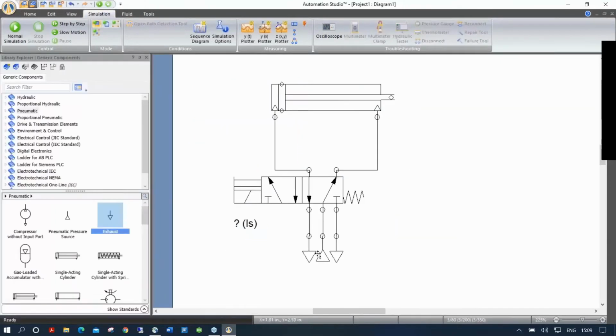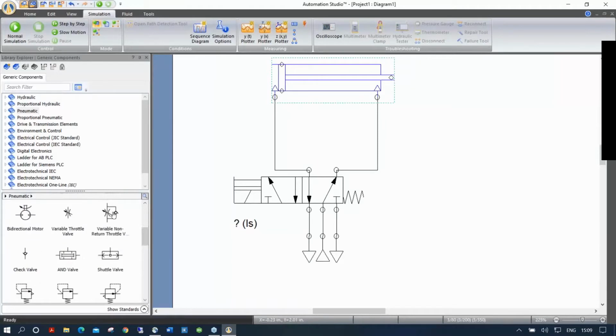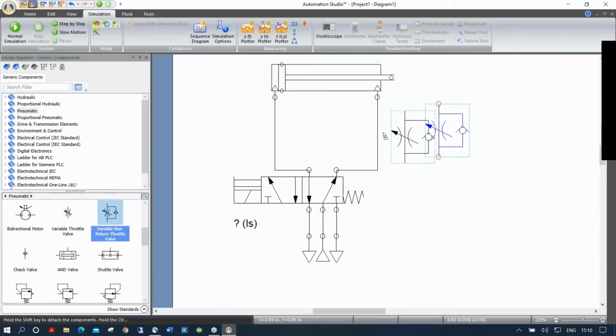Okay, so this is a good way if you want to slow down. You can just reduce the size of, let's say, the pressure source, or I could have actually brought here a throttle valve like this. And I want to put it here on the outlet as a meter out for my cylinder, okay? There's something important that you need to know, okay? Right now, I put that component on my sheet. And if I bring it now on that line,